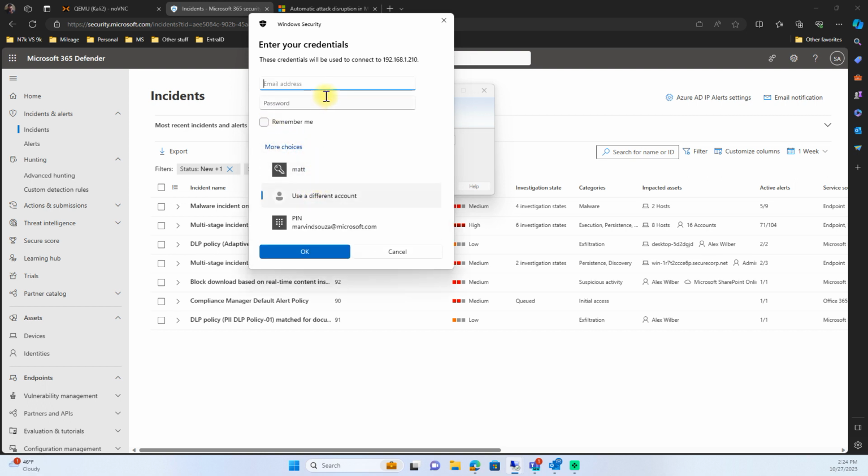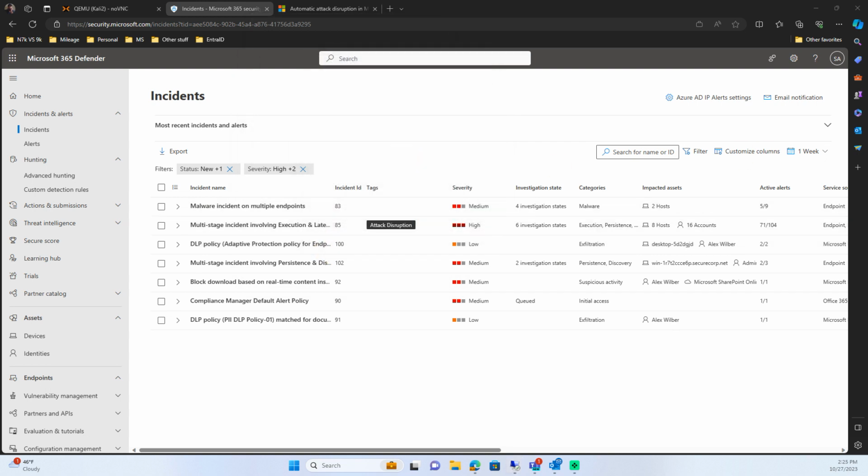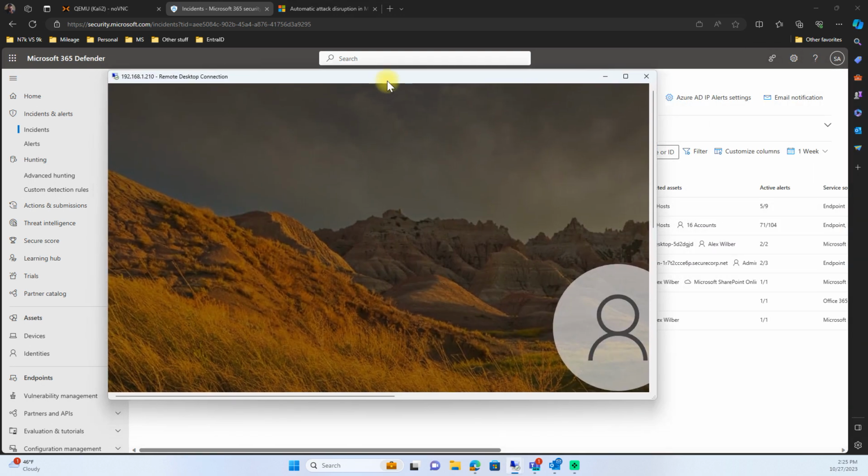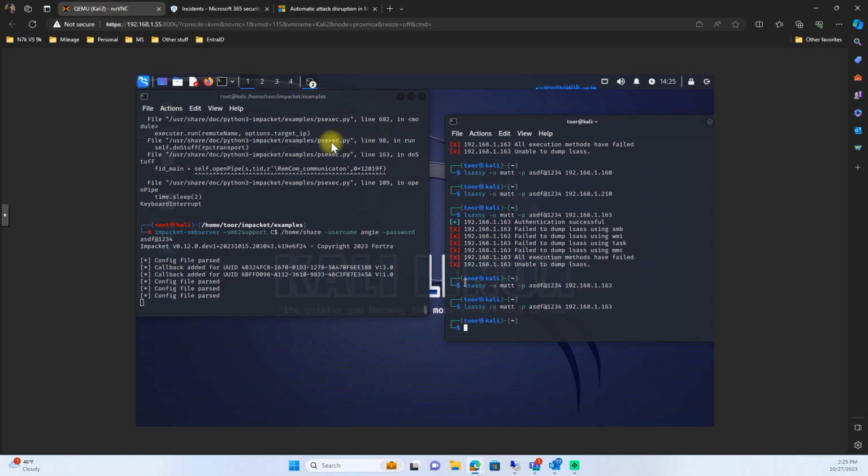Here's a different one. Here's Mark, the one we just created, password ASDF1234. And now we're logging into a desktop. All right, so we've logged into the desktop. It's going to take a while to log in, but while this is logging in, now let's go to a